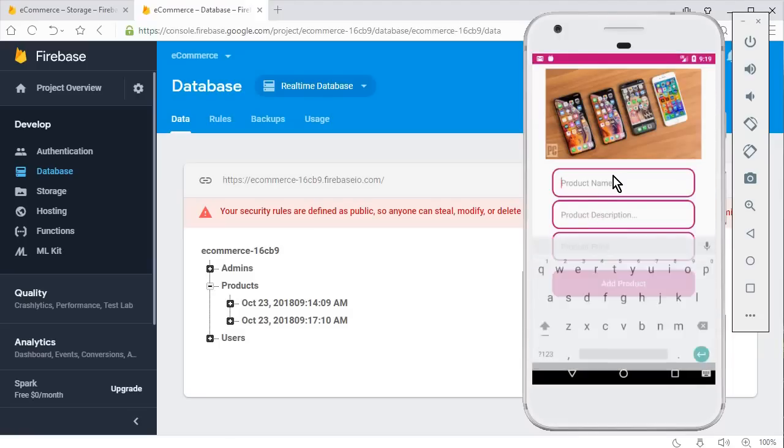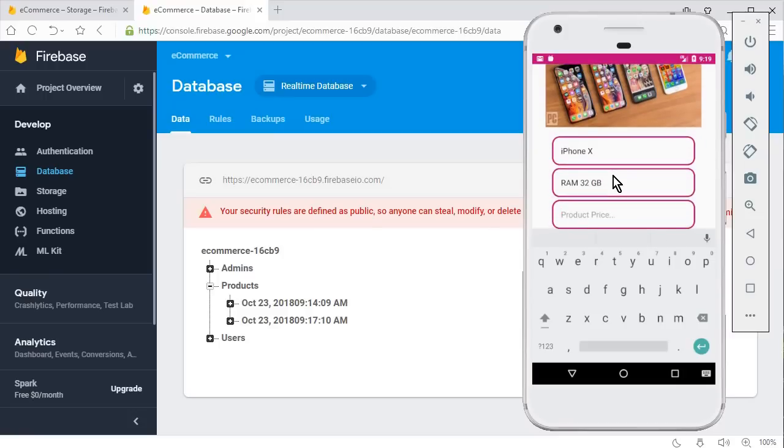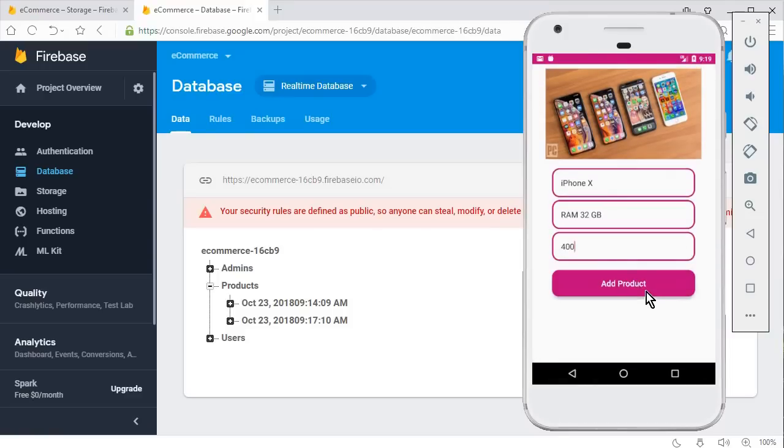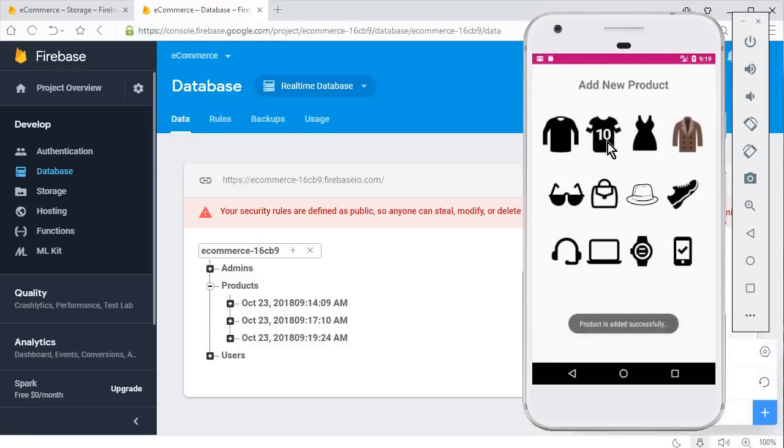Then write the product name, I mean the name which it belongs, that is, let's say this is iPhone X, let's say. Okay, then the description, that is which this phone basically contains, so you can simply write information about that. Okay, then the price, so let's say the price is $400, and then click on add product, and you have to wait just 2 seconds so that it can upload the image to the Firebase storage, and then add the information and save the information to the Firebase database. You can see this. Okay, so add 5 to 6 products to each of these category,